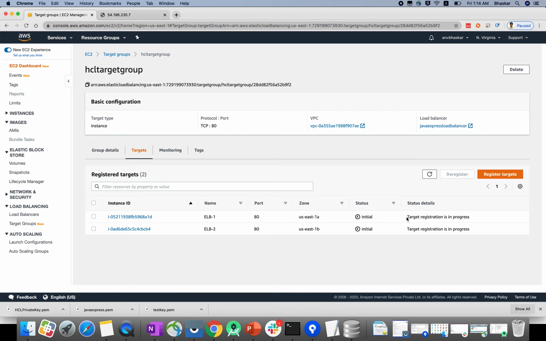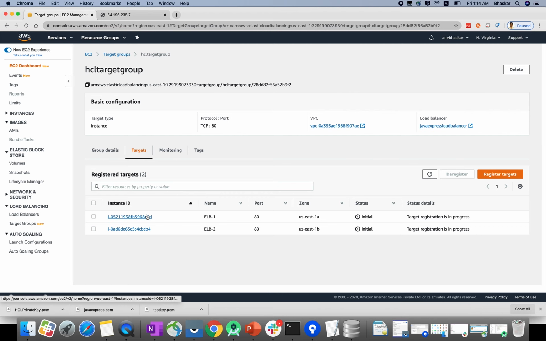Here target registration is in progress, so it will take some time to convert the checkup: initial, pending, then status, unhealthy, like that. These are all the states. You can refresh. It will take around 5 minutes. So in the meanwhile we'll create one more EC2 instance, and this EC2 instance will be attached here. By that time these two will be ready.